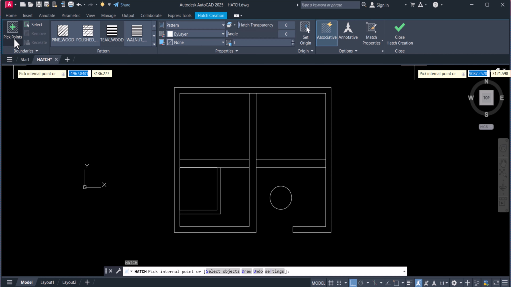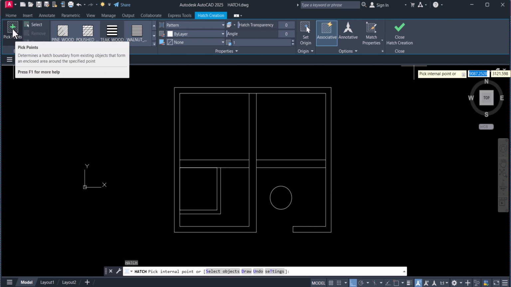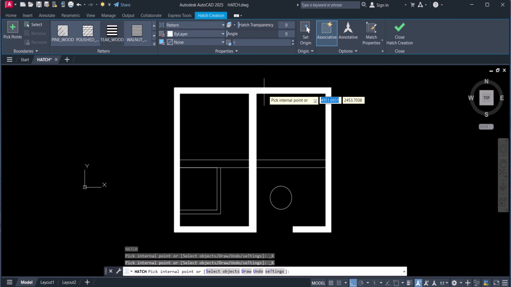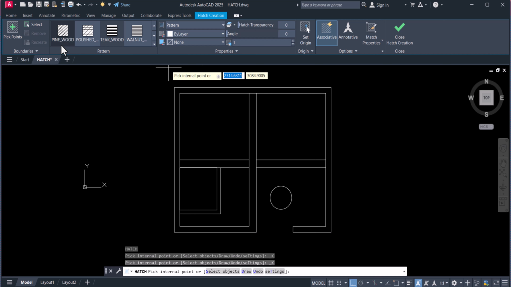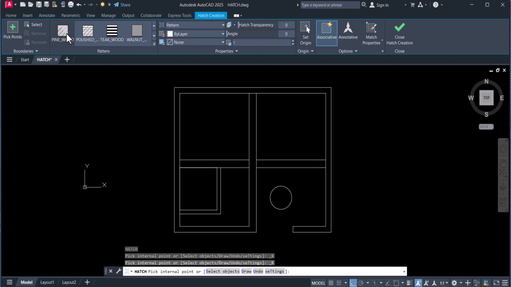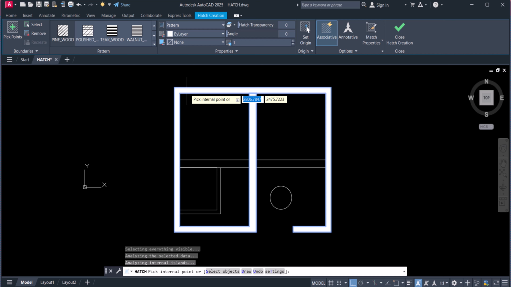And here we have a pick points option. If you select pick points, you can pick the points which you want to pick. After that, we have a hatch pattern, and if you click down here, you will find all the hatch patterns. Let's say I will pick this one, and you can see that